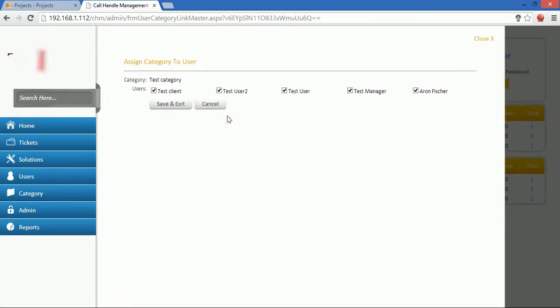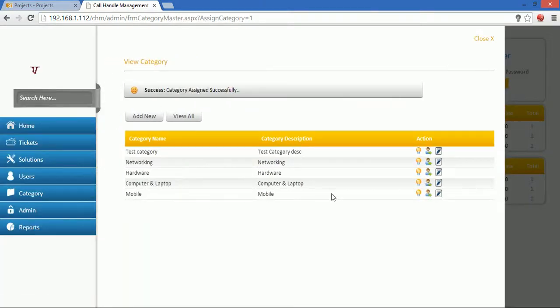Click on it, and here you can see all the users listed. Select the category name, just tick marks and click on the save and exit button, so you can allow this category to that specific user. That's it for the view category, the category section.